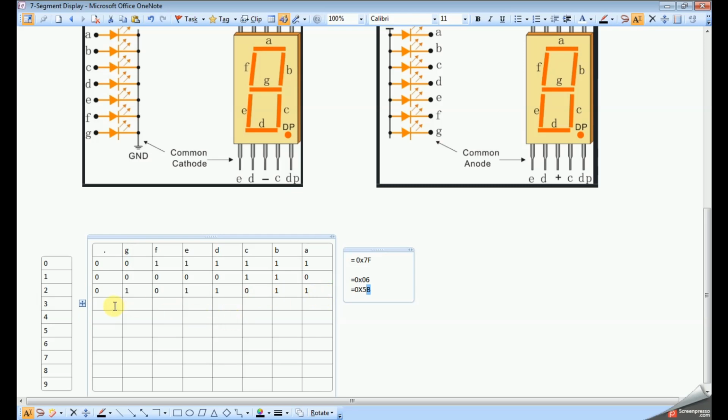So next I want to display number 3. For 3, if you see, except F and E, the remaining should be 1. So F and E will be 0, and the remaining will be 1.